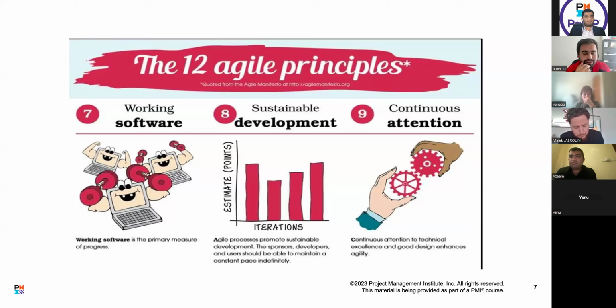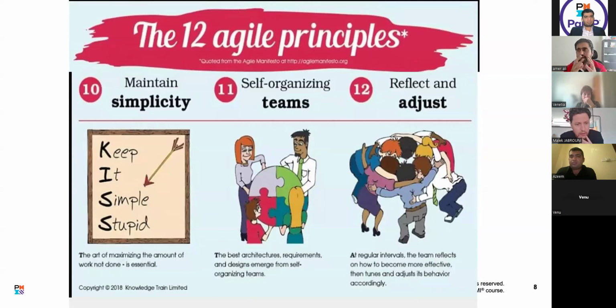In Agile, we have a daily stand-up. One of the purposes of the daily stand-up is continuous attention to detail, making sure quality is according to our standards. We want to use the Pareto principle. What is the Pareto principle? It was given by Vilfredo Pareto. It says to focus on the important things. The most important thing in Agile is prioritization. Every single time we are working only on the most important thing. We work on them. The teams are self-organizing teams.